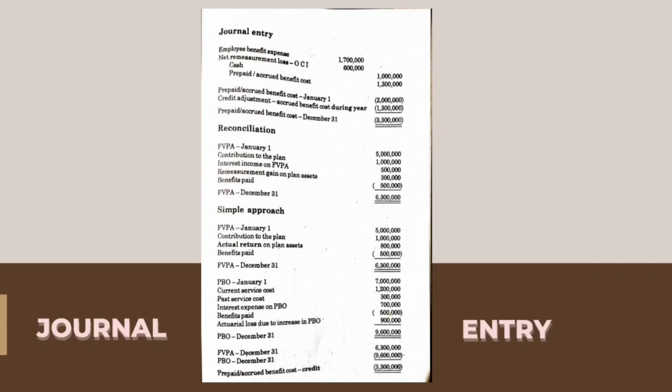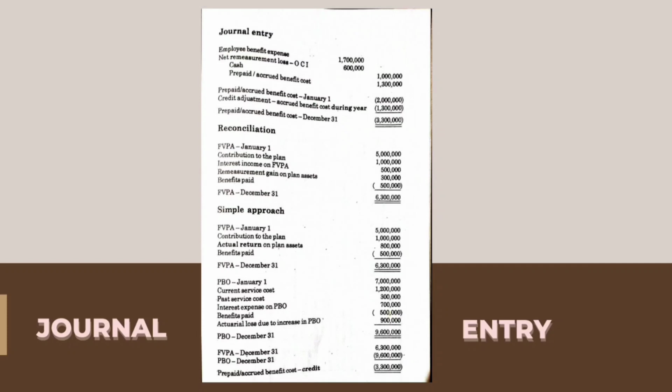And reconciliation, FVPA on January 1, it is 5 million. Contribution to the plan, which is 1 million. Interest income on FVPA, which is 500,000. And remeasurement gain on plan assets, which is 300,000. And minus the benefit paid, which is 500,000. And the FVPA on December 31, we will get